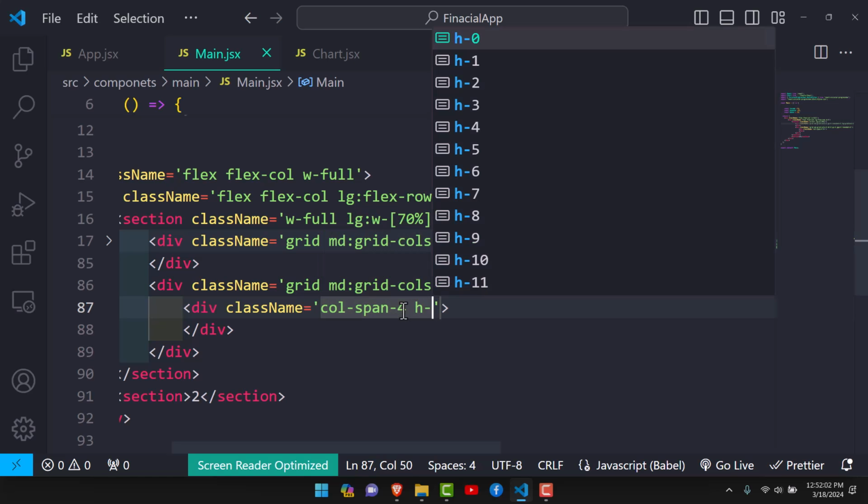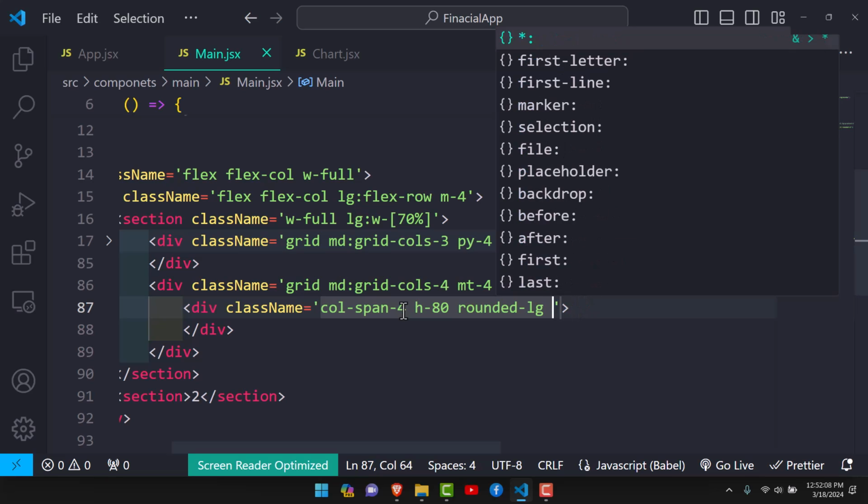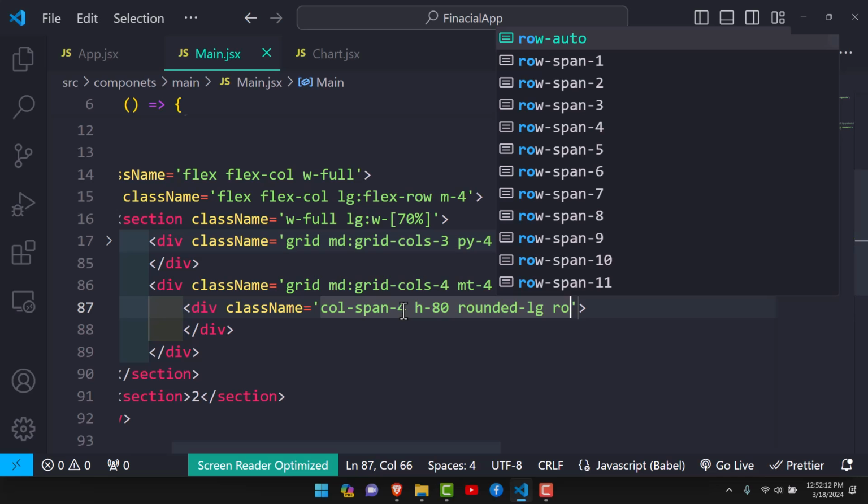The height should be 80, rounded-lg, and to determine the height of this specific container, we are again going to talk about row, and it should span 4 rows, so it should take the size of 4 rows,